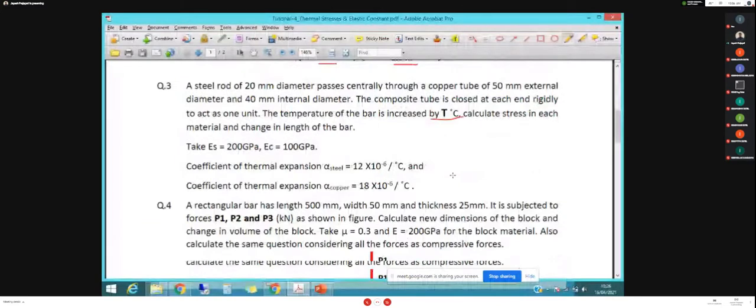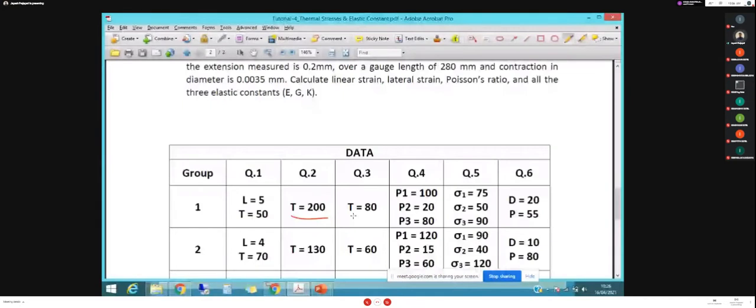Of the data, question number 3, 80 degree. So T is 80 degree. Okay. So you both...